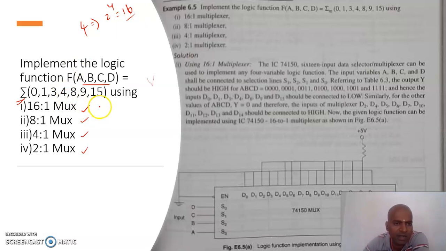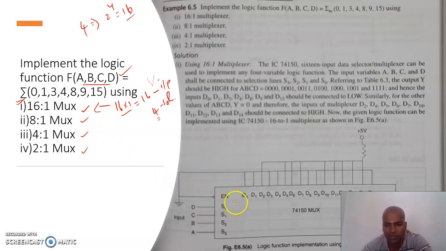So what is our first design? The first design is the 16x1 mux. For this 16x1 mux, 16 inputs and 4 selection lines are needed, and the given function has 4 variables ABCD. So here there is no need to do merging operations, because 4 selection lines are needed and 4 variables are given. We can map ABCD as the 4 selection lines for this 16x1 multiplexer. So no need to create a truth table here. We can directly go for the multiplexer design.